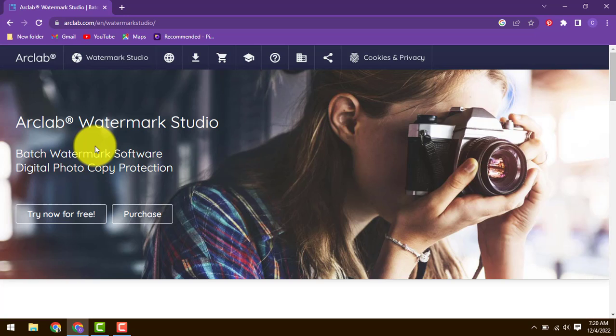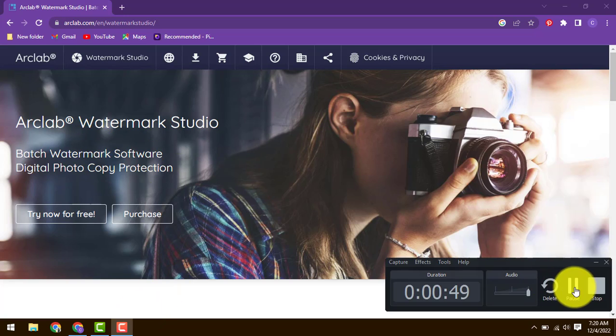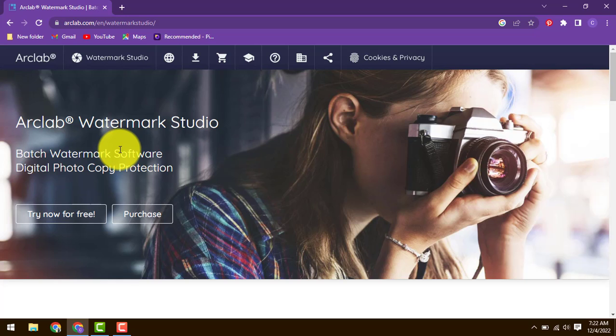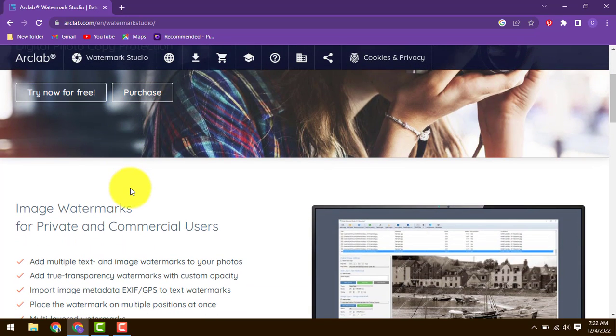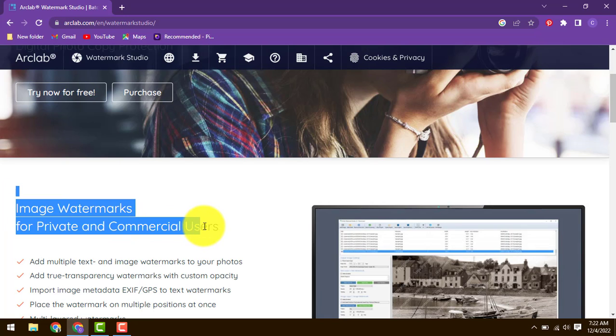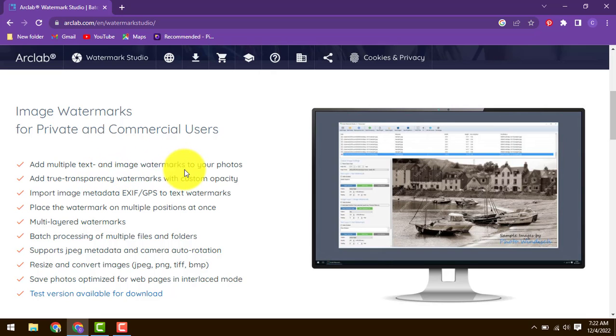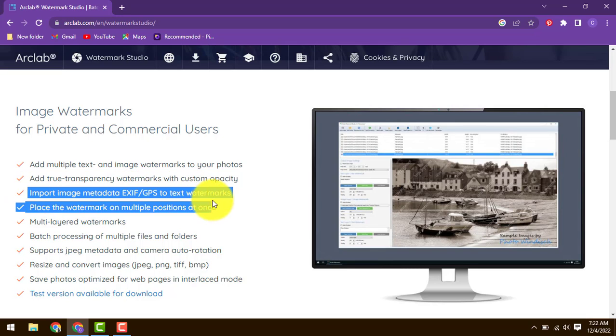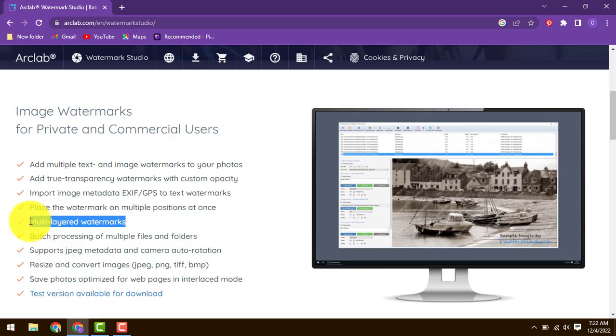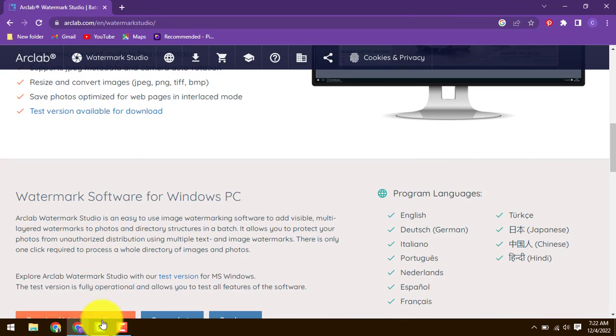ARCLab Watermark Studio. You can see here the features: add multiple text and image watermarks to your photos, add true transparency watermark with custom opacity, import image metadata EXIF GPS to text watermark, place the watermark on multiple positions at once, multi-layered watermarks, batch processing of multiple files and folders, support JPEG. So these are the features, and after that,